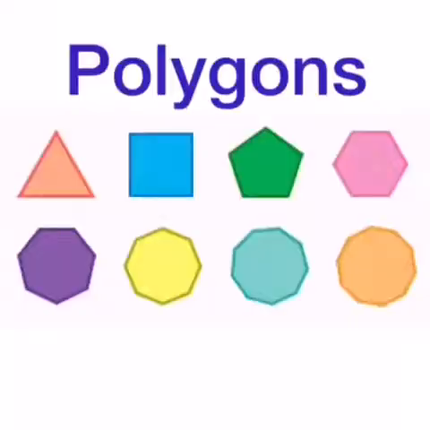Children, a simple closed figure made up entirely of line segments is known as a polygon. Children, a polygon is a geometrical figure which is formed by 3 or more line segments. That means if you are drawing a polygon, it should have at least, or minimum, 3 line segments. The examples of polygons you can see in the slide. Triangle, square, pentagon, hexagon, octagon, nonagon, decagon, all these are some examples of polygons.